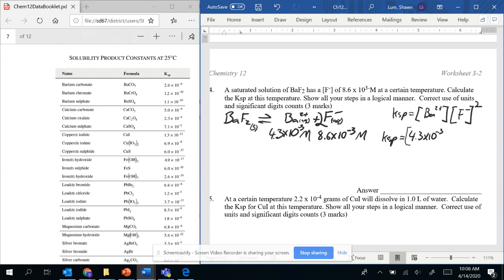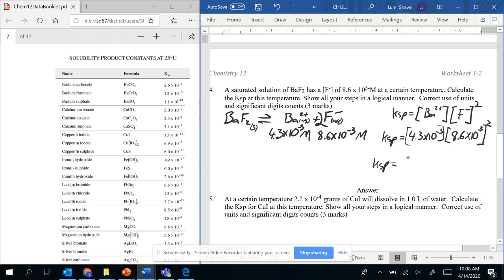And I better do some brackets. And this one is 8.6 times 10 to the minus 3, squared. So Ksp equals, so I'm going to take my calculator, I'm going to go 8.6 times 10 to the minus 3, I'm going to write squared, times 4.3 times 10 to the minus 3 equals, and I get,